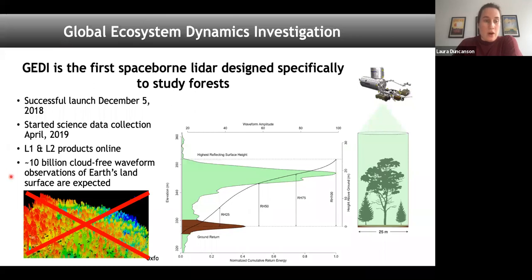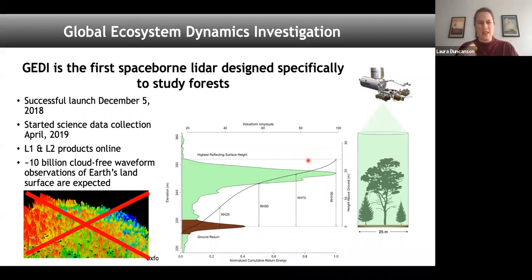So for those of you who are familiar with airborne LiDAR, but you've never done anything with waveform LiDAR or GEDI before, here in the bottom left corner we have this great discrete return point cloud from airborne LiDAR, where you can see all these individual trees at really fine detail. That's not what GEDI looks like at all. So the data actually looks totally different. We really only have these waveforms, and each of them can be thought of almost like a forest plot level, like a 25-meter forest plot where you're getting the height distribution. But the spatial distribution of foliage within those 25-meter shots, you can't resolve from GEDI.